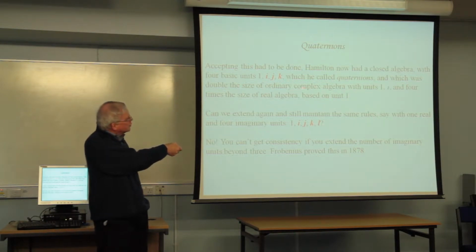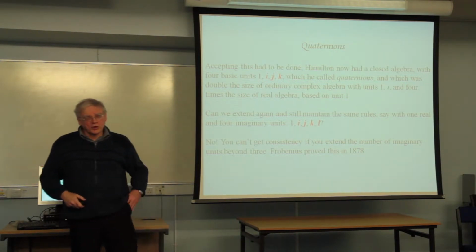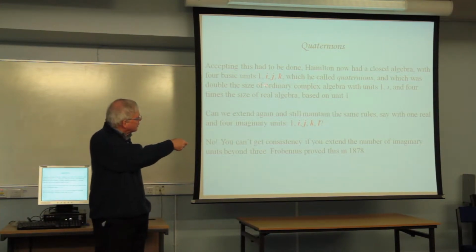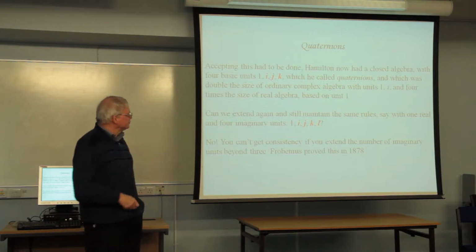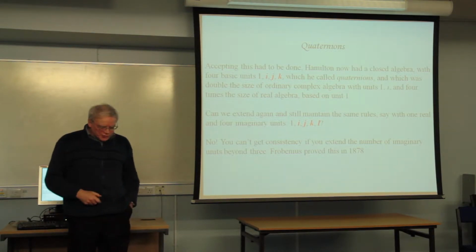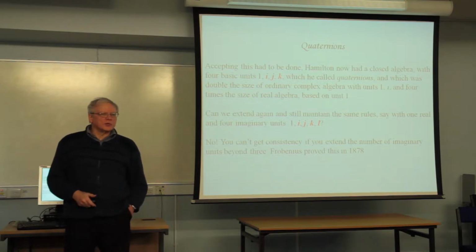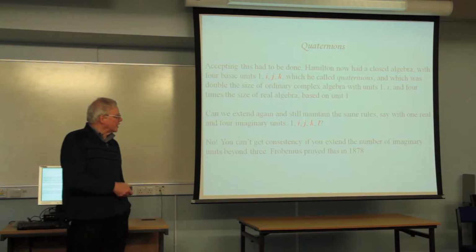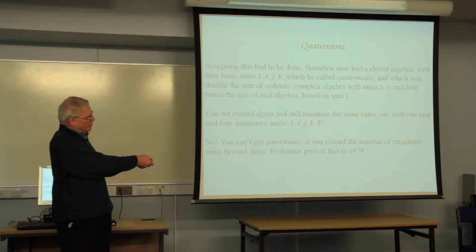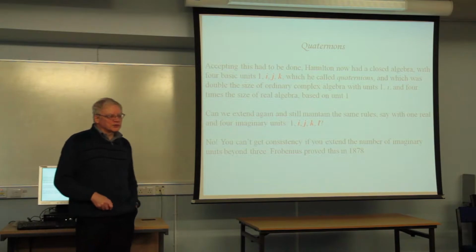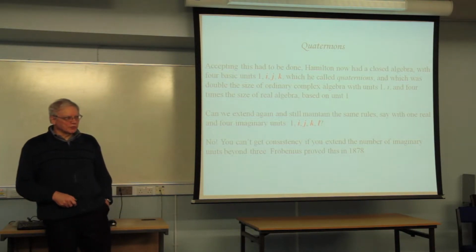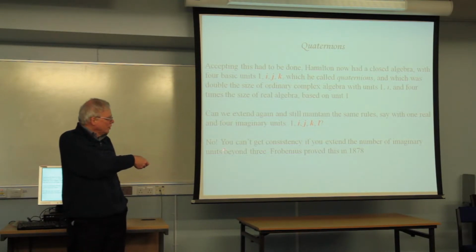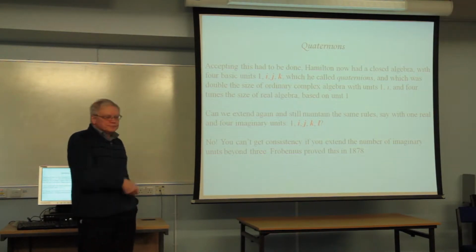The quaternions are double the size of complex algebra because you've got twice as many units. So in complex algebra you've got 1 and I, and this time you've got 4 units instead of 2. Now the question immediately arises, can we do it again? Can we have another axis, even though we can't draw it? Can we imagine one? Can we do it algebraically with 4 imaginary units, I, J, K and L? Well, the answer is you can't. You can't make it consistent if you incorporate a 4th axis. That's the end of the line.